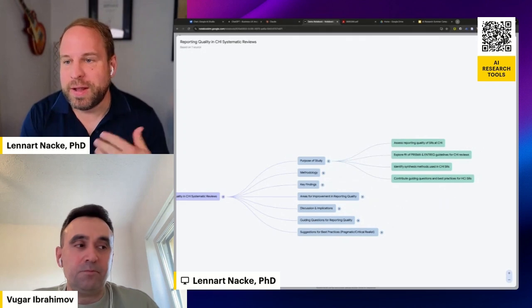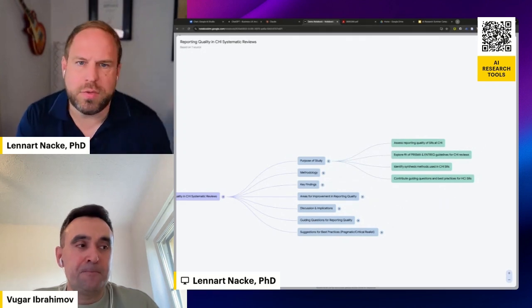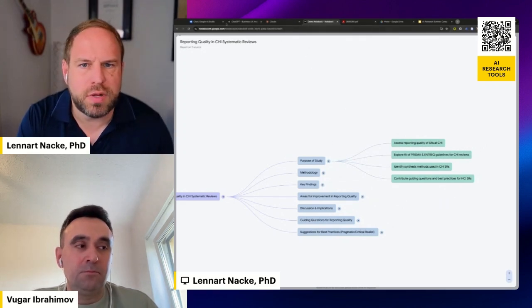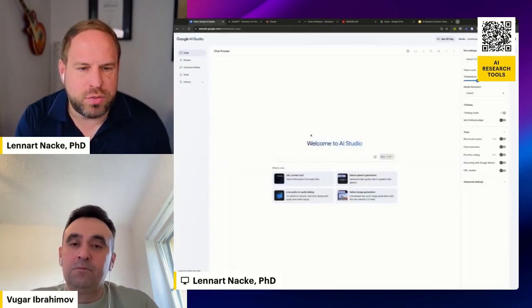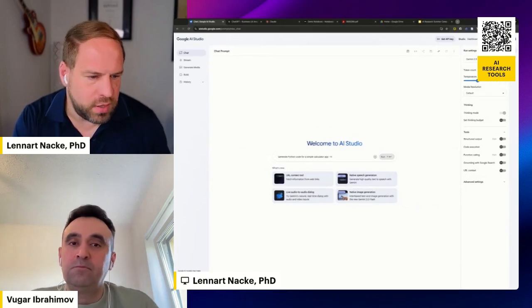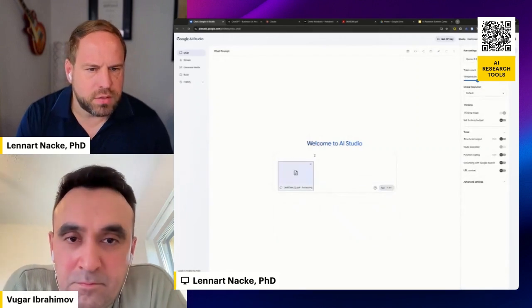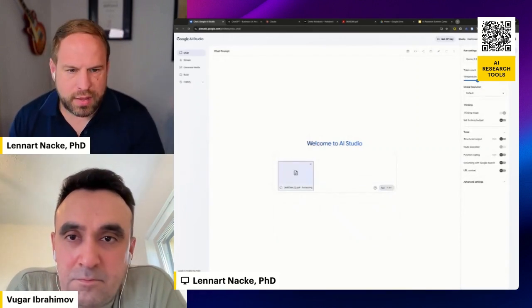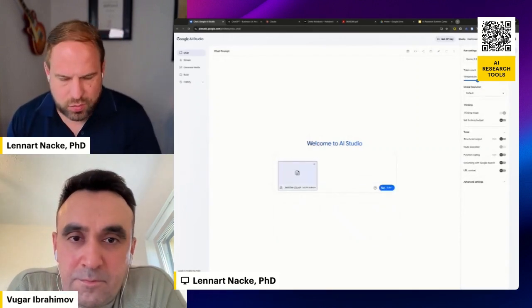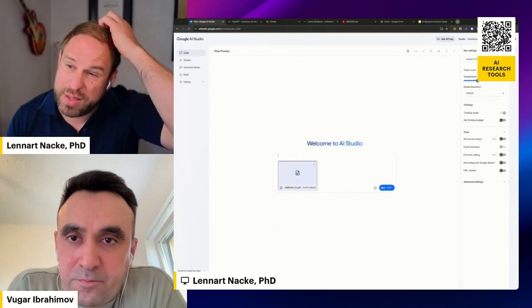What you can do is feed a document. We could try that if you want to. Let's go to AI Studio, because that's free. Let's just see if we can pull this off, because it was his question. Sure, I have the rights to this. We wrote the document.